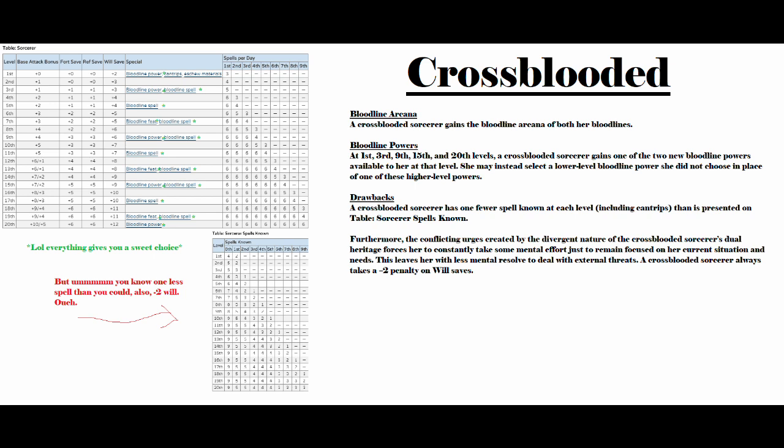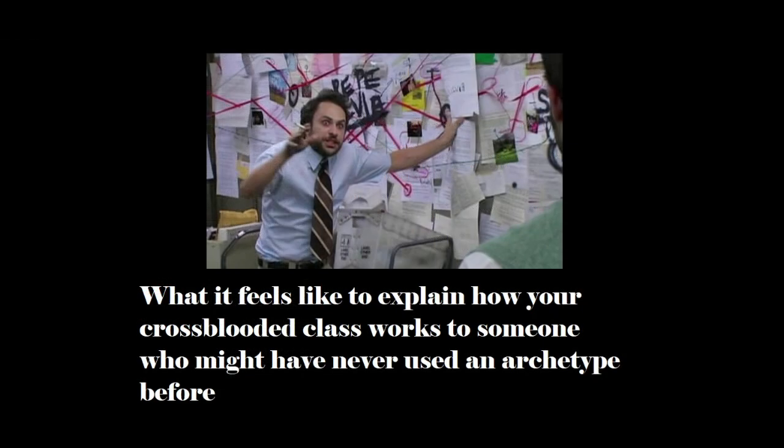Do you want to stick with the safekeeping ability that the unicorn would get at 1st level, or do you want to go with the unseen world that you can get at 1st level, where you can automatically identify the properties of a non-cursed magic item you hold? You can still identify it using the identify spell or whatever, but that's a number of times equal to your charisma modifier. Or do you stick with the safekeeping, where you just grant a +2 insight bonus to AC for 1 round? And again, like I said in the other video, that doesn't stack with any other insight bonus, so it's just you for 1 round. So generally, you pick the thing that you think would give you the most utility as a player, and in this case, I would be